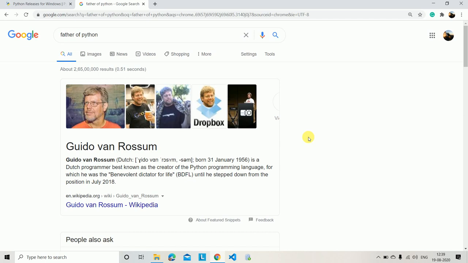At that time it was known as a scripting language, not a programming language, because they developed Python for writing scripting, like JavaScript. But as JavaScript was already in the field and Python was not familiar to anyone, they built something for a few years, and then they started Python as a programming language, which is very user friendly. Even the keywords are like our English language.